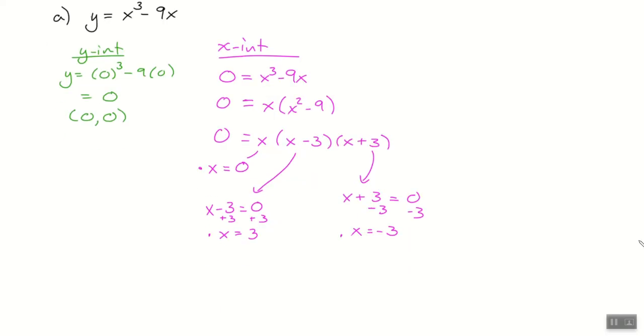We need to write our x-intercepts. We found one y-intercept here. Coincidentally, it might also be an x-intercept. But let's check these out. So one of them happens when x is 0. One of them happens when x is 3. And one of them happens when x is negative 3. What do I know the y value is going to be each time? 0, because we already plugged them in. We found 3 x-intercepts,